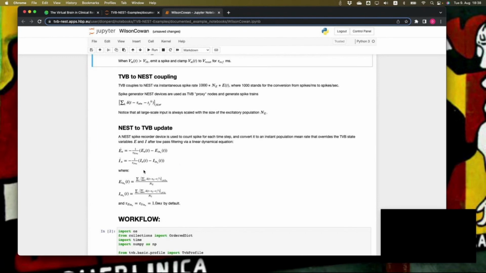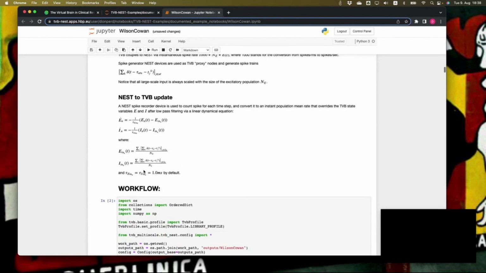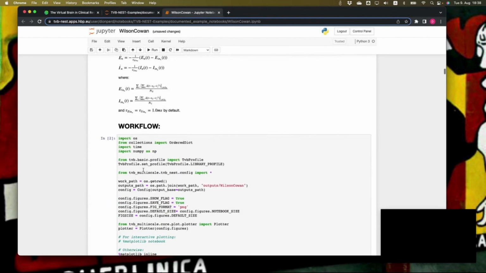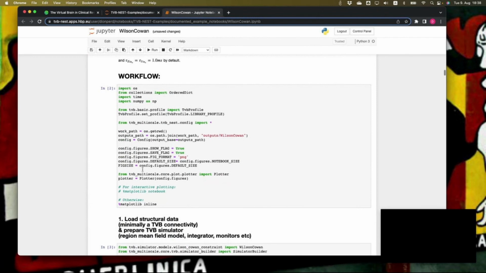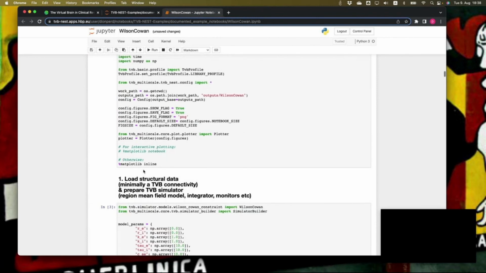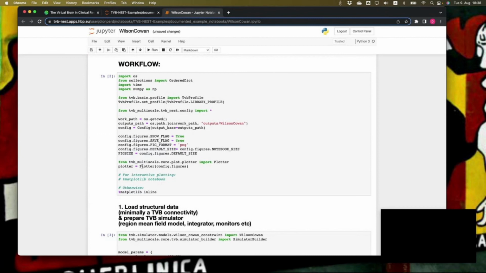I will only continue with the actual code. So as we discussed, the default workflow for running such a simulation is to first determine several